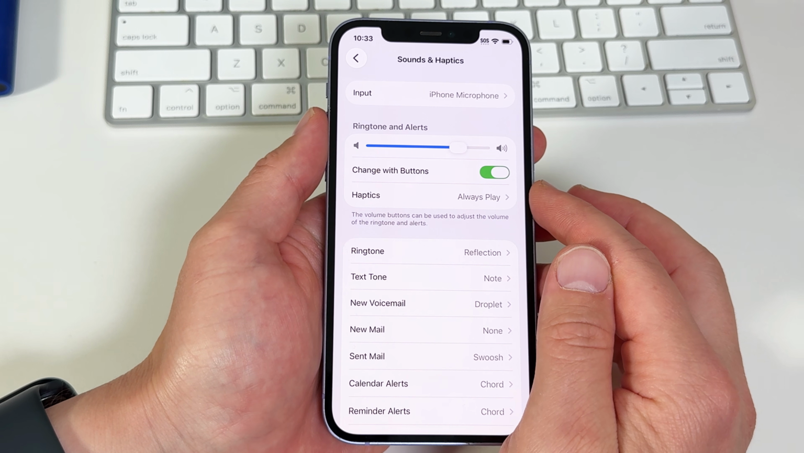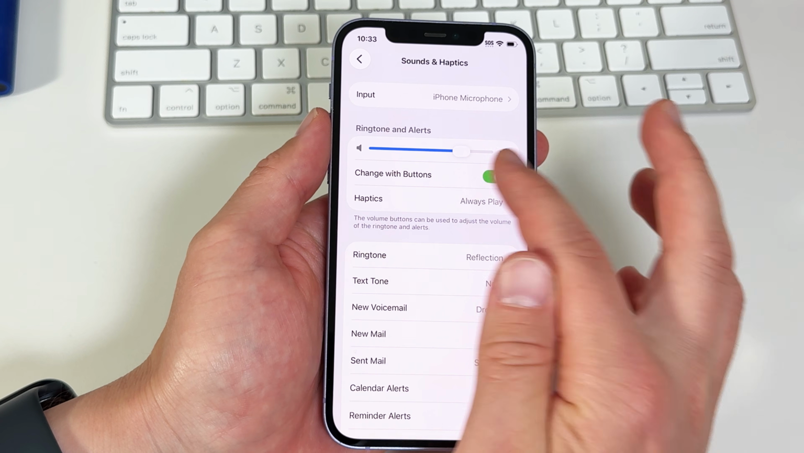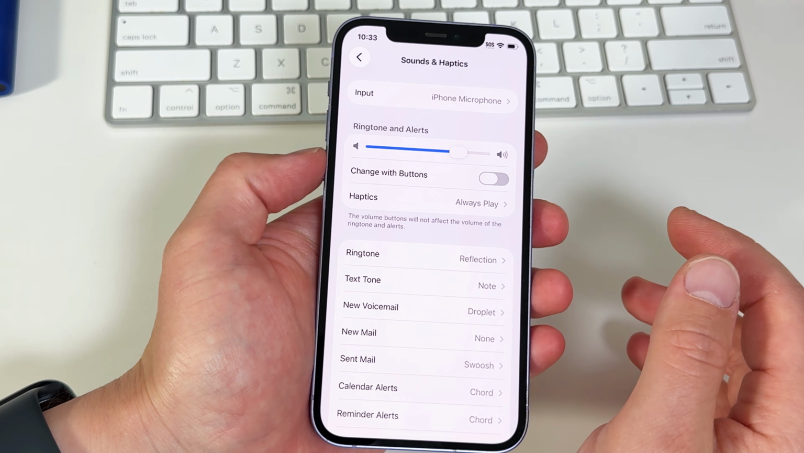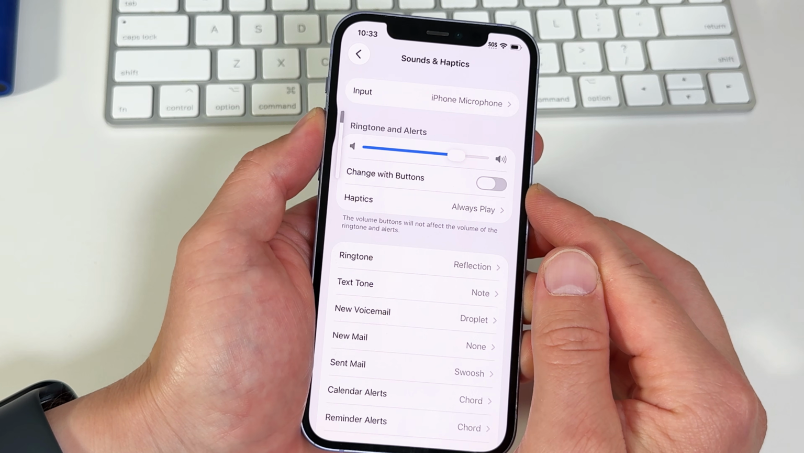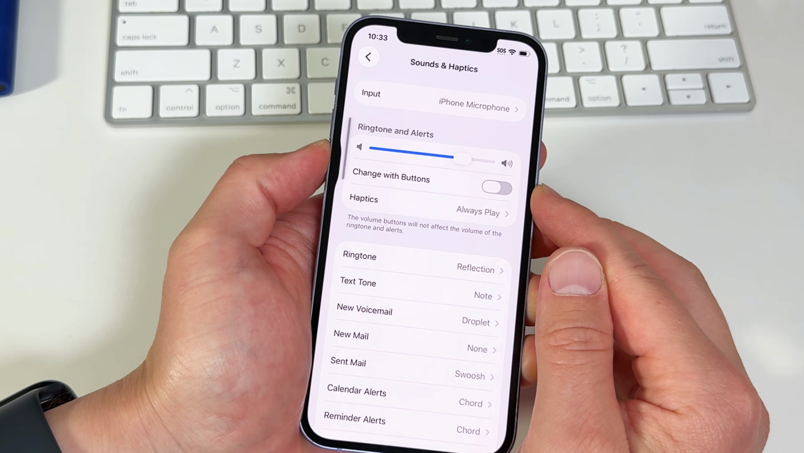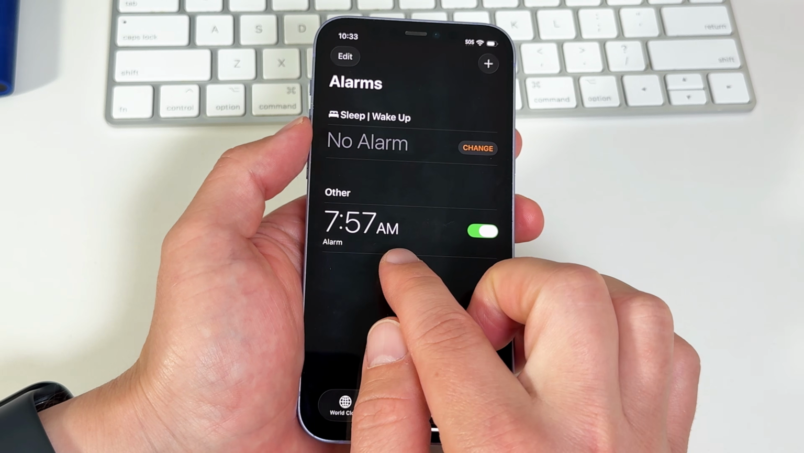When you toggle it off, you can control video and music loudness by using the volume buttons, but it will not change your ringtone and alarm volume. So with the toggle off, I can turn the sound all the way down, and my alarm volume will not get affected by that. For some reason, Apple doesn't allow you to individually set the alarm volume inside the clock